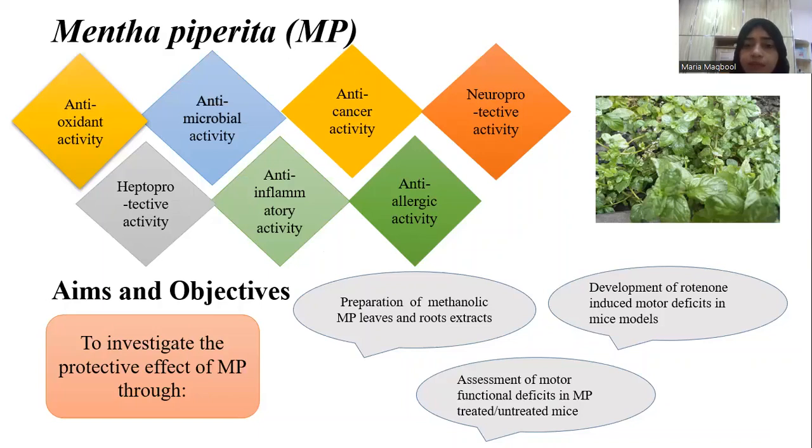It is used in several synthetic products due to the presence of menthol in it. Its decoction is widely used as a drink. It has several medicinal properties, such as it has antioxidant activity, antimicrobial activity, anti-cancer, neuroprotective, anti-inflammatory, hepatoprotective, and also have